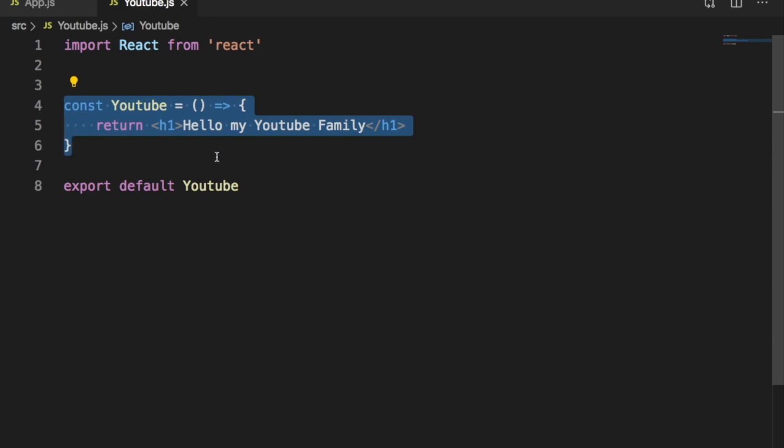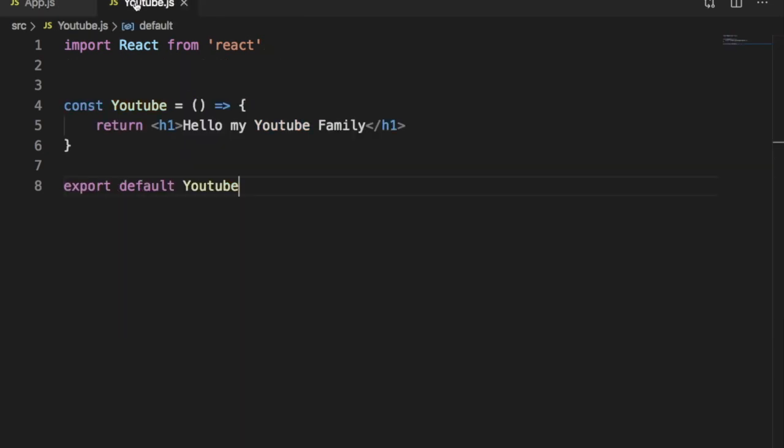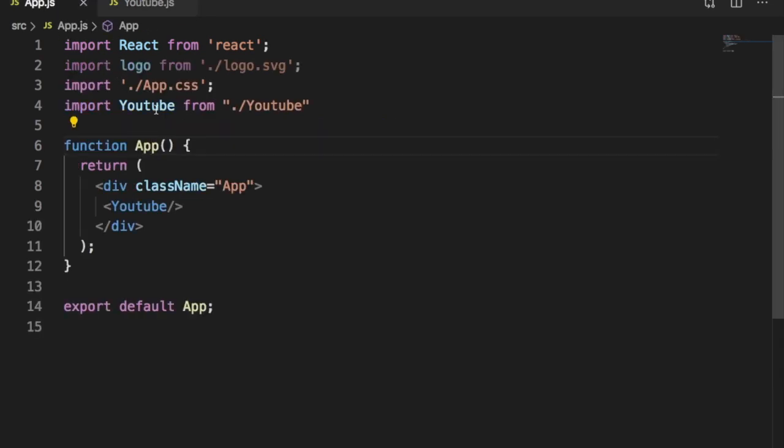Okay, so guys, we have learned how to make our functional component. Why do we need to export it? Because we also want to import it somewhere. So that's why we need to export it. Okay, so the role of the default keyword I have already told you. I have also told you about the naming convention that the default keyword allows us.